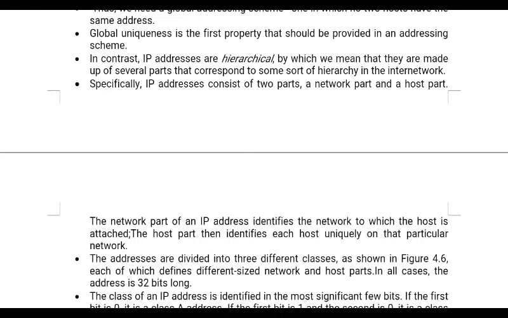The network portion has the same value for all the hosts on a single network. So in a single network, if you have 10, 20, 30 or any number of hosts connected, all have the same value. The network portion has the same value for all the hosts because all the hosts are connected to the same network, such as an Ethernet LAN. This means that a network corresponds to a contiguous block of IP address space, and IP addresses are written in dotted decimal notation.